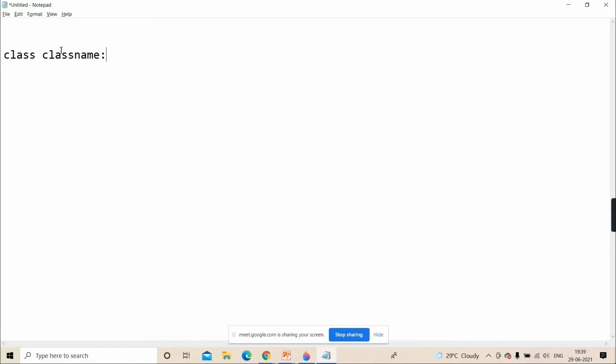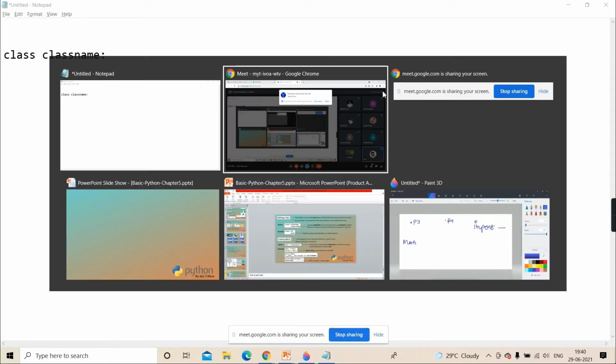So class is a keyword. After that, the name of a class, which has to be a valid Python identifier, means it should follow the Python identifier naming rules. Then a colon, and after that whatever comes in indentation. Indentation means you have left some columns, and after that you are typing.